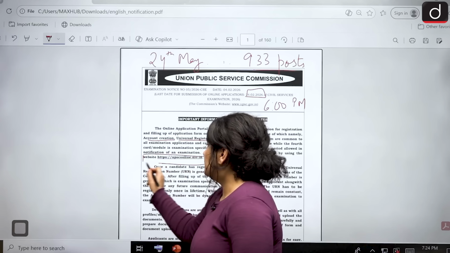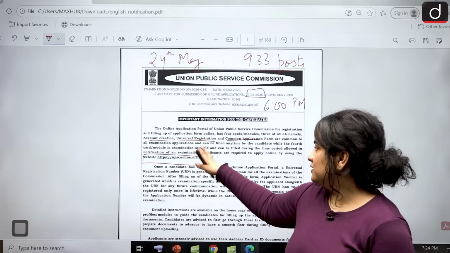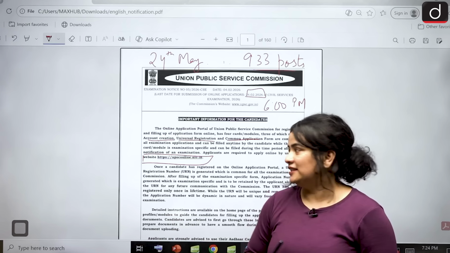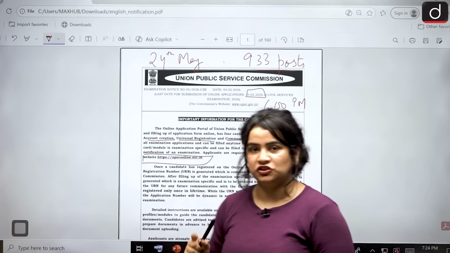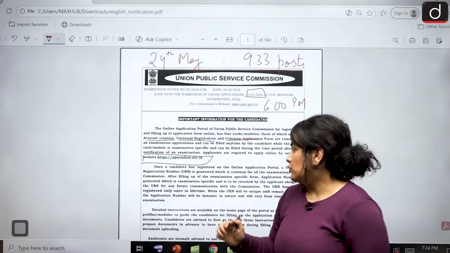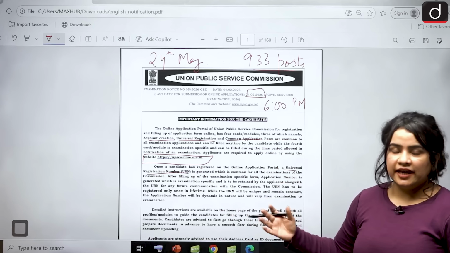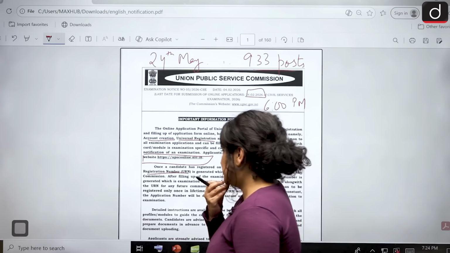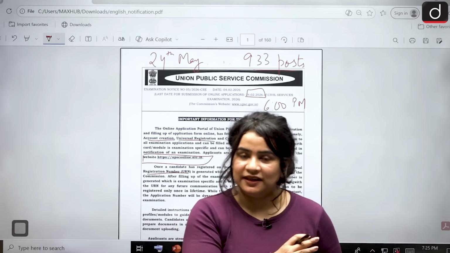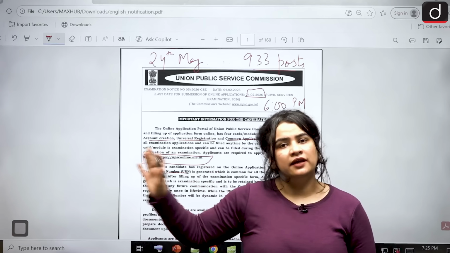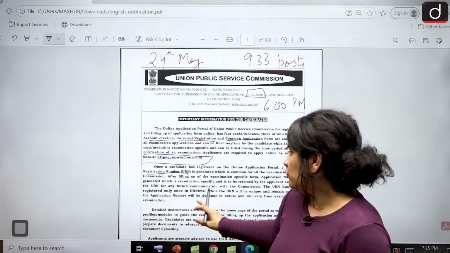Now, where are you going to apply? You are going to submit your applications on the website upsconline.nic.in. Once you have registered on the online application portal, a URN, which is the Universal Registration Number, is generated, which is again common for all the examinations. Now, once you fill your form, you have to retain both your application number as well as you have to save the URN, because URN you are going to need for as many exams as you apply for in the